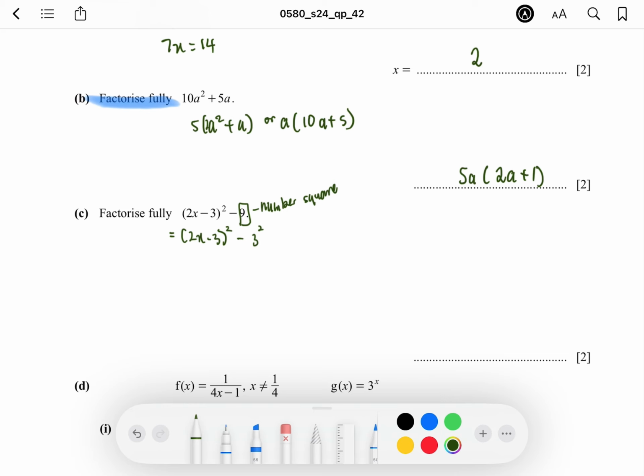What is that, teacher? Not the time. Not the time to ask what that is. But for me to entertain you, if you have the difference of 2 squares, you can do the